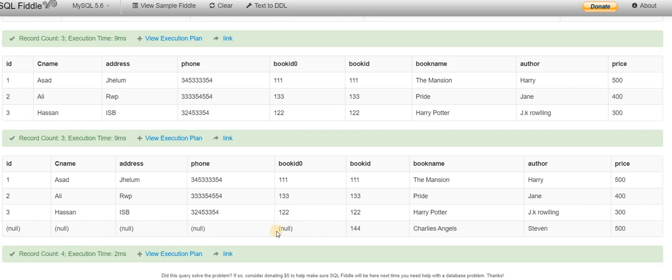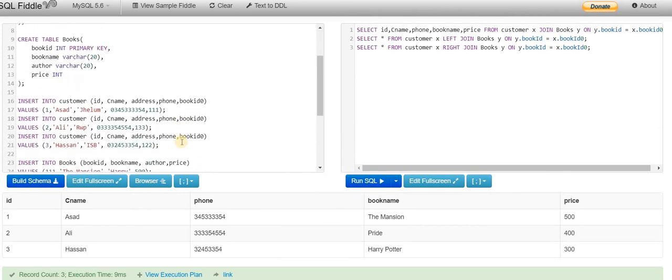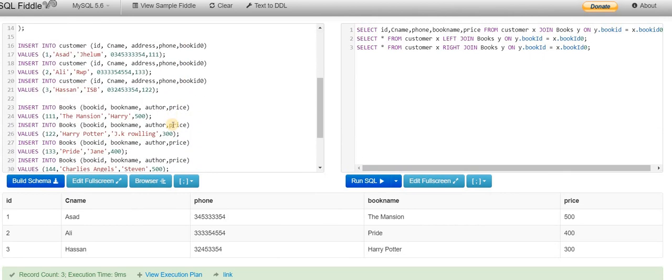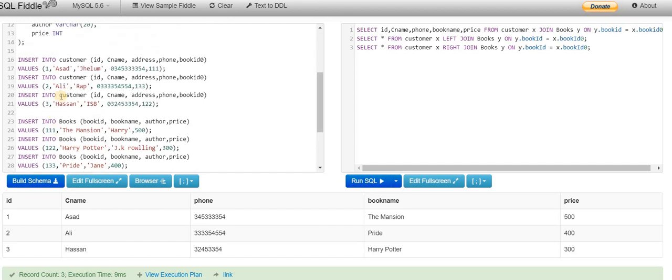Why we see null here is because in the right table, which is the customers table, there is one attribute which is not matching. Because here you can see no customer corresponds to 144. There is no reference to 144. So in the customer part for 144, it's going to be null. So in the left join